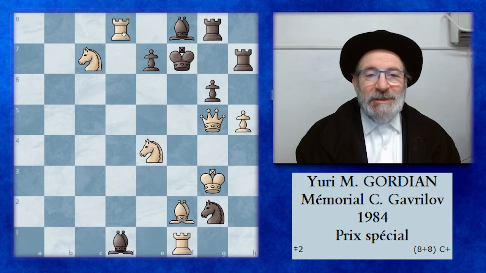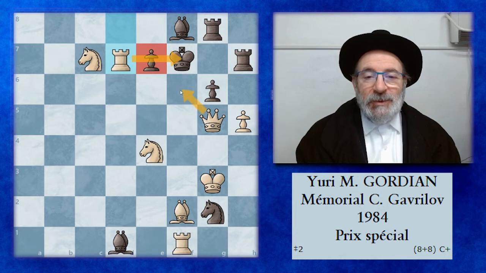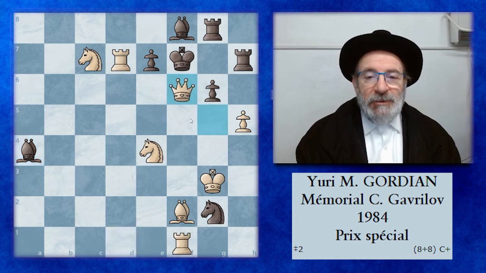The key is rook d7 that pins the pawn and then threatens queen f6 mate. So let's say if the bishop goes anywhere or any black move that doesn't parry the threat, you will have queen f6 mate. So let's have a look at the moves that are